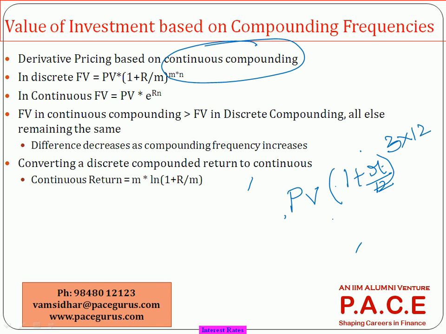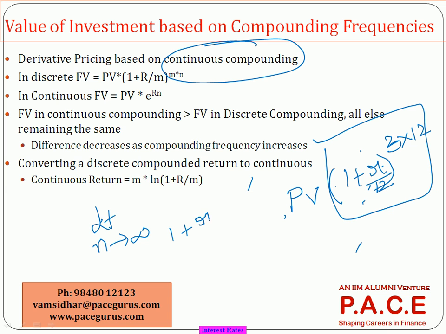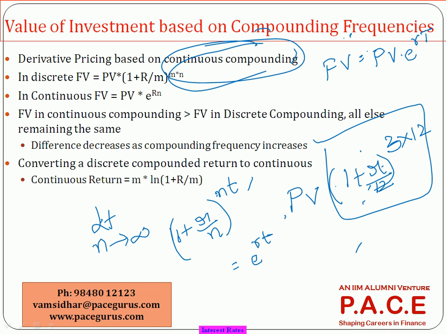And in continuous compounding, as we have already discussed, this kind of formula, just giving you the background, goes with the concept of limits. There is a formula which people talk about in the world of limits. When n tends to infinity, (1 + r/n)^(nt) is nothing but e^(rt). So using the same formula, whenever we talk about continuous compounding, we say that the future value is nothing but present value into e^(rt). R is the interest rate and t is the time in terms of